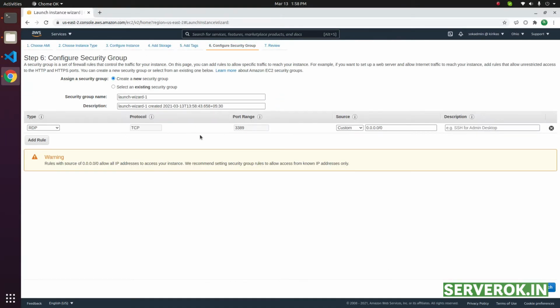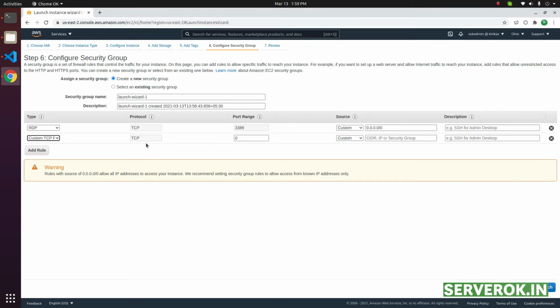Here you can select the ports you want to open for this server. Since I will be using this server for some testing, I don't need any port open other than the RDP. If you want to run some web server or something, then you need to add a new port. For web server, you need HTTP port. Search for this HTTP, that is port 80, and